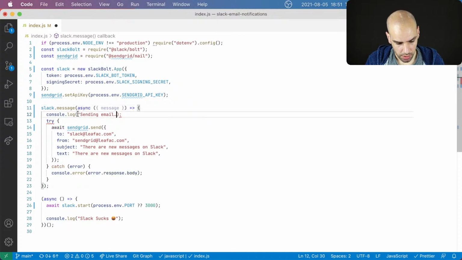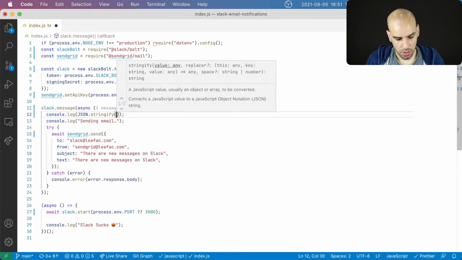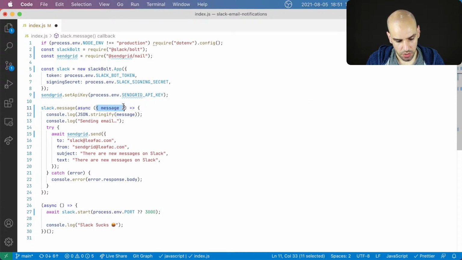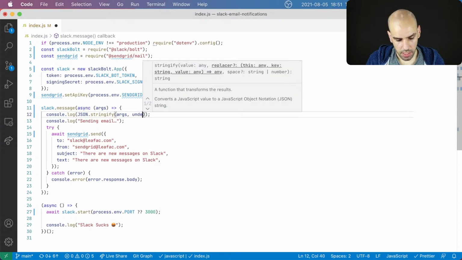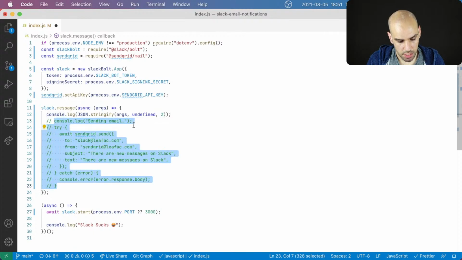But we can also look at whatever is on this message object. So how about we have a console log of the message. So I'm going to JSON stringify the message. In fact, I'm going to JSON stringify the arguments. I'll call these args. Usually I would go for arguments, but that's a reserved word in JavaScript. So I'll also say undefined and two, so I get pretty printing, and I will not actually send emails this time,